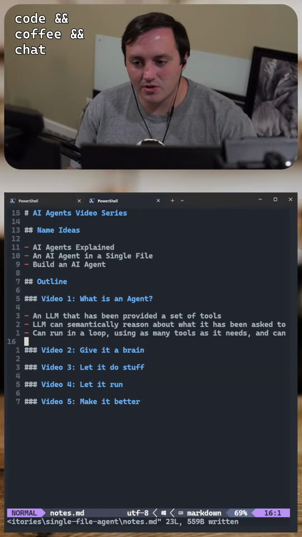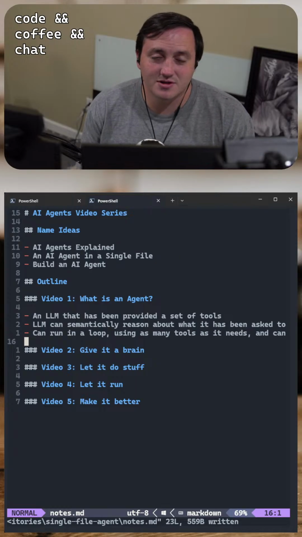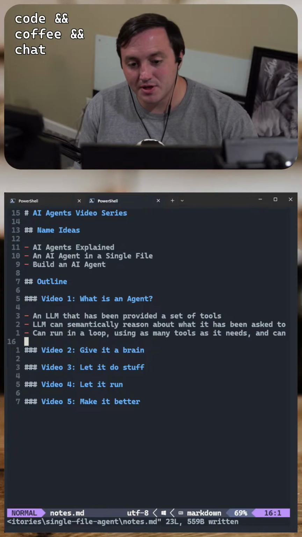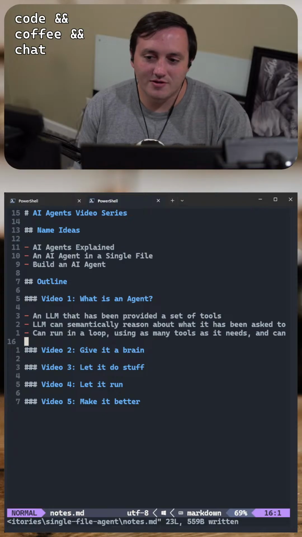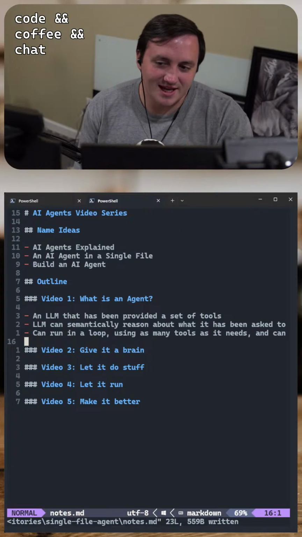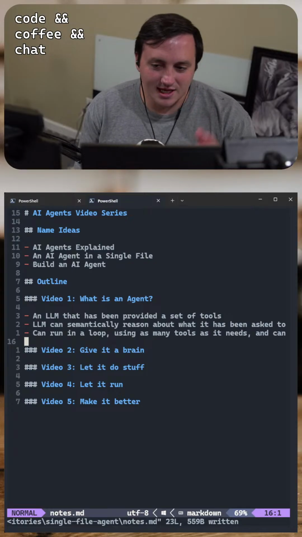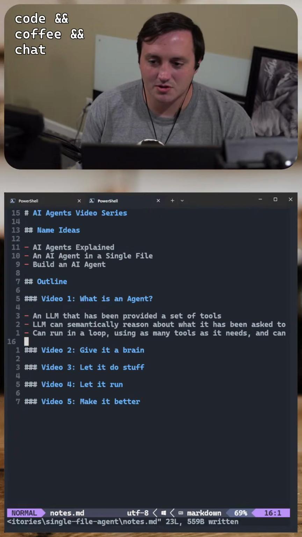Coding? Yeah, coding, sort of. Today I have an idea for a series of videos that kind of walks through building a very simple AI agent with the goal of demystifying and explaining what the hell AI agents are. That's the latest hype and craze, and I think a lot of people think it's a lot more mystical than what it is.